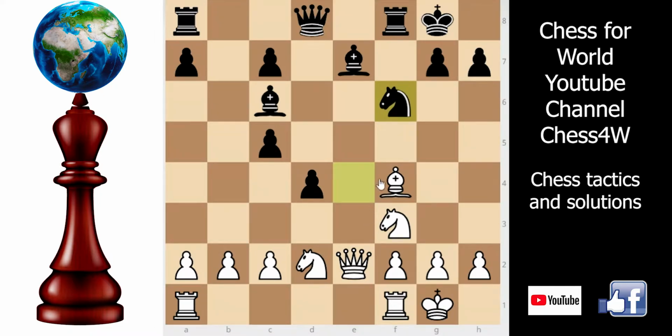Black has just retreated his knight to knight and captured the piece here, knight f6. Now what do you feel? Let me tell you, the first step you should always